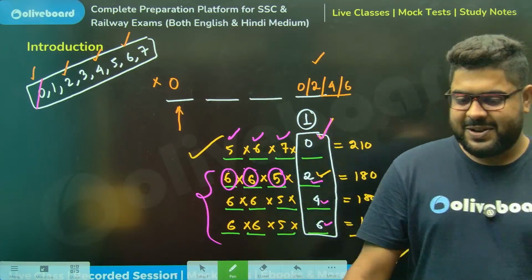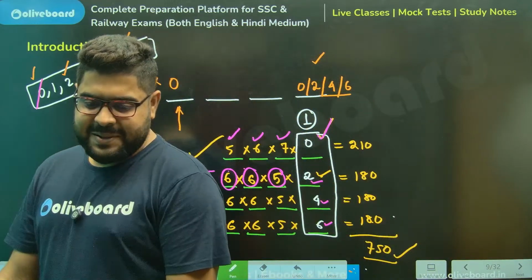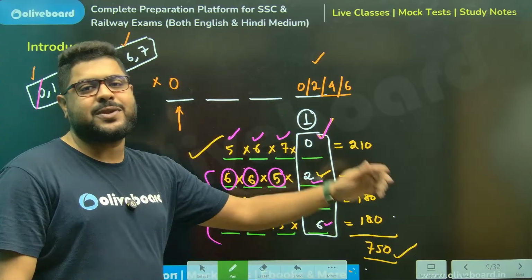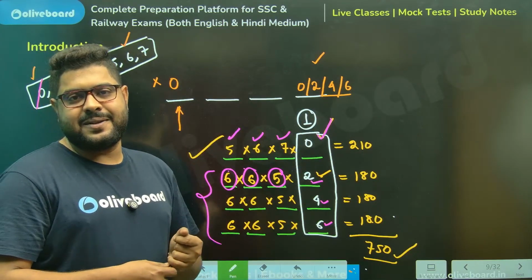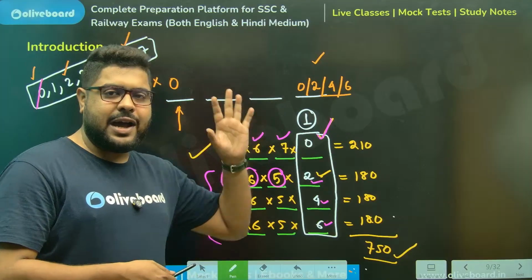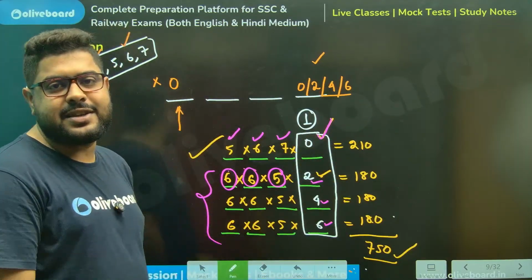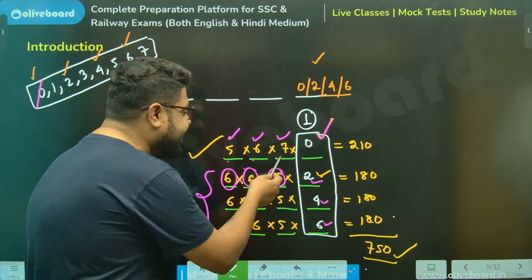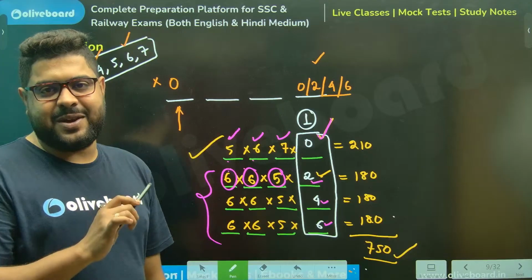Raghu, no, brother, there is no shortcut. And this is not lengthy, brother. Please understand, I'm explaining it, but it will hardly take you 30, 40 seconds. It is never lengthy, brother. If once you have a clear-cut understanding, it will hardly take you 30, 40 seconds. Ultimately, what are we doing? We are doing 5 into 6 into 7. That's my calculation. You are getting my point.